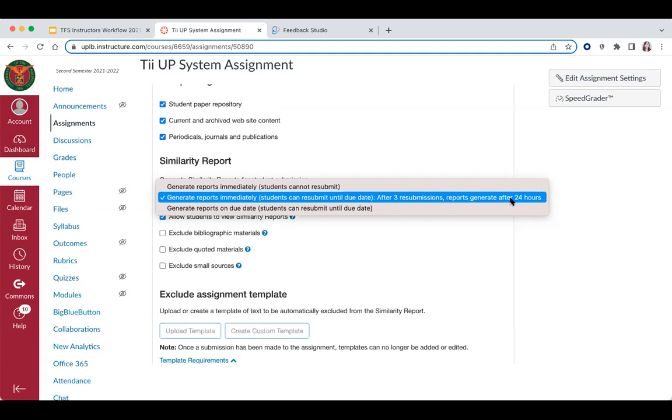Nagre-resubmit lang po kasi yung bata just because ang intention nila is to have lower scores and not really for formative learning. Well, I still think that this one is good if we want our students to submit their work and if may nakita po silang discrepancies or any issues doon sa paper, or let's say nakalimutan po nilang trace or cite some information, they can